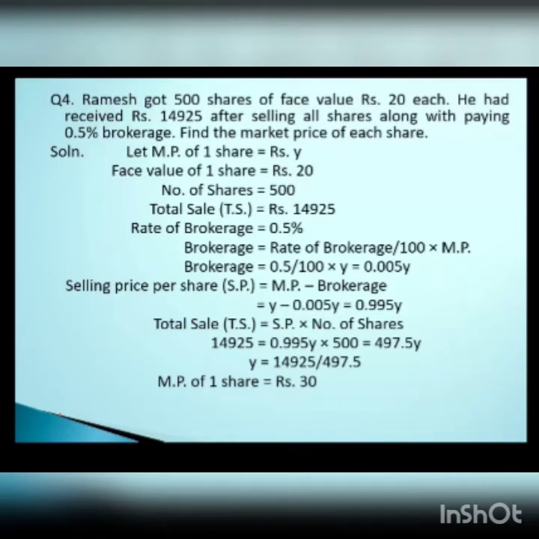Earlier, market price was given to you and there we had calculated the number of shares. Now we have reversed it: the number of shares is given and we have to calculate the market price. Although the procedure is the same, it's a little bit different. So this is how the problem has to be done when the market price has to be calculated for the sale of the share, including the brokerage. So I hope all of you have been able to get the things here.